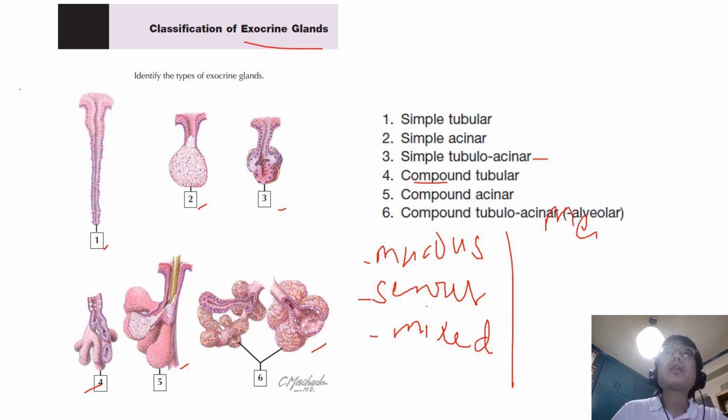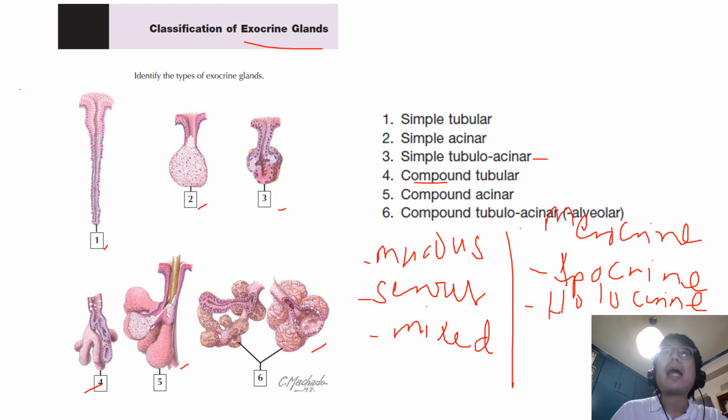Glands may also be classified by their mode of secretion. Merocrine secretion, which is the most common type, involves the release of secretory vesicles from the cell by fusion with its plasma membrane. Apocrine secretion, on the other hand, such as in the mammary gland, involves the release of the apical cytoplasm of the cell. Finally, holocrine secretion, such as in sebaceous glands, involves the disintegration and release of whole cells.